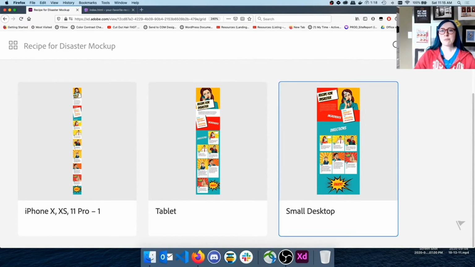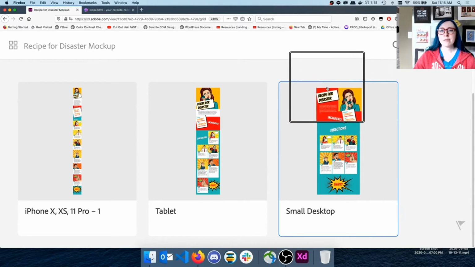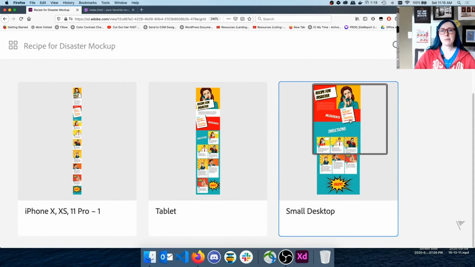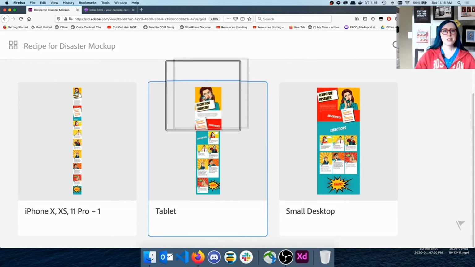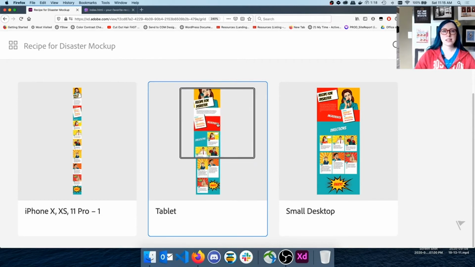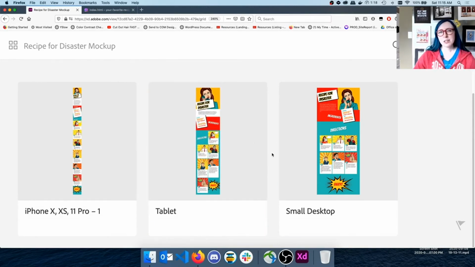So one relationship I see, I like to look at backgrounds for relationships. So I see a relationship around everything between recipe for disaster and the bottom of ingredients. And I also see a relationship between everything between directions, actually all of the directions. That's kind of like the big relationship I see. And you'll notice that these relationships change from screen size to screen size. So here, everything from the title to the bottom of ingredients has a relationship. But on tablet, it's really just the title and intro that has a relationship, and then the ingredients section has a relationship. So what does this tell me?